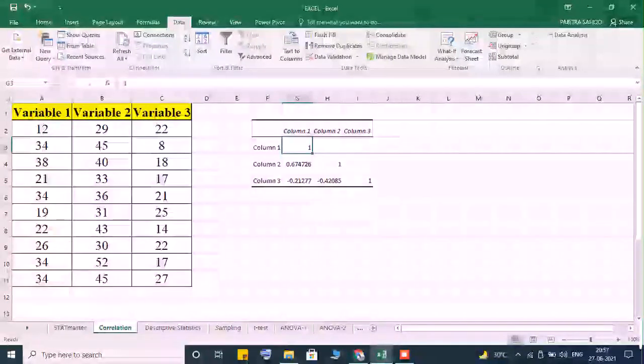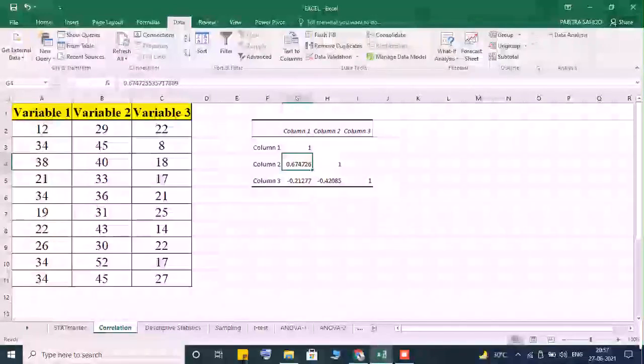Now column 2 and column 1, you can see the correlation R value is 0.674. That means it is moderately correlated. A value near 1 means highly correlated, as per the range. A value like 0.64 means moderately and positively correlated.